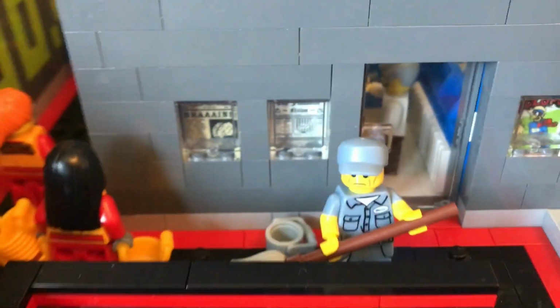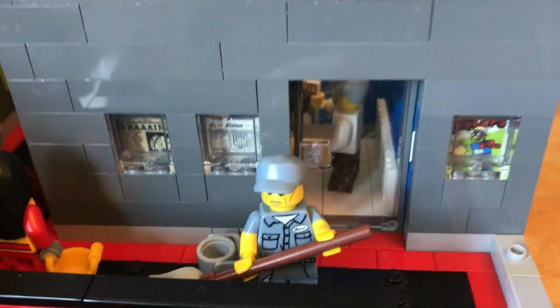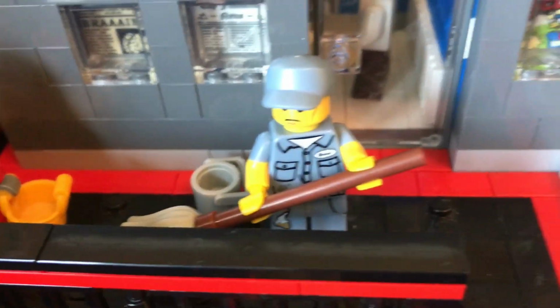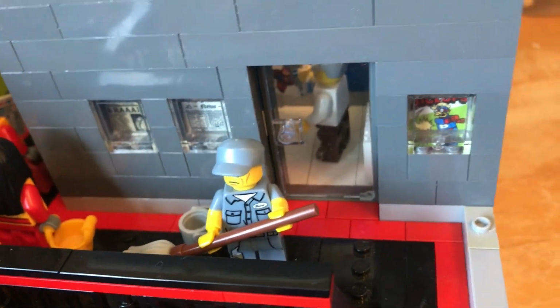Right, moving on. Here we have a news agent, so you can see here, because I really don't like the outside of this one, but there is a window there. This is just some pictures of comics and newspapers and whatnot. There's a guy sweeping the floor here, just on this balcony ridged area. If I come in through here,